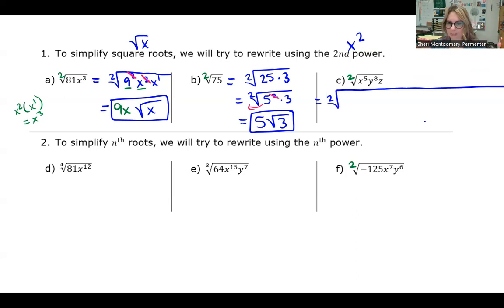So I'm going to write the x part 5 times. And then I have the y part 8 times. And then I have a z. So I know that every group of 2 makes a squared. So I'm going to figure out how many groups of 2 that I have. So for my x's, looks like I have 2 groups of 2. For my y's,